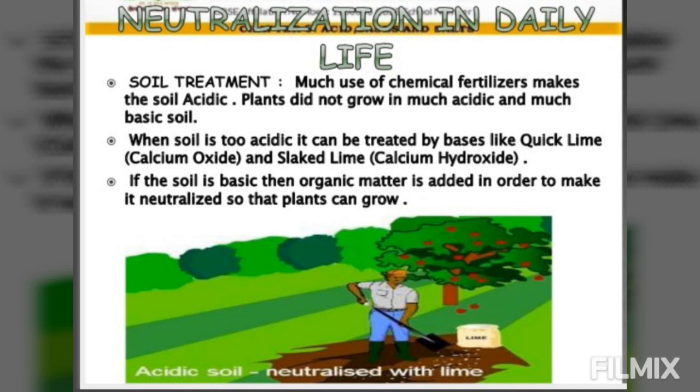उसमें हमने again फिर क्या add कर दिया, अगर acidic था तो base, तो उसका effect क्या हो जाएगा, neutralize हो जाएगा. अगर soil क्या होगा, too basic, organic matter is added to the soil. Organic matter क्या release करता है, acid. Again it will neutralize the basic nature of the soil.